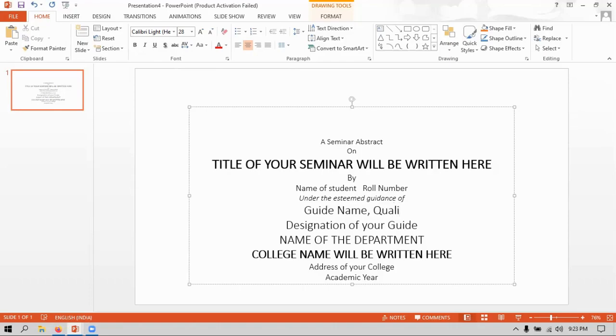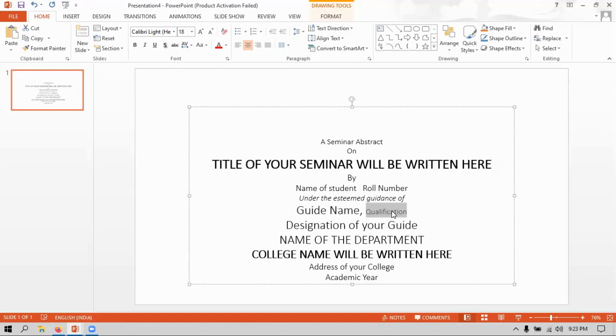I need to specify the qualification, but I want to mention the qualification with a smaller font size. For that, you may decrease the font size and show it, but if you observe, it is in the same line. Then I decrease the font size.